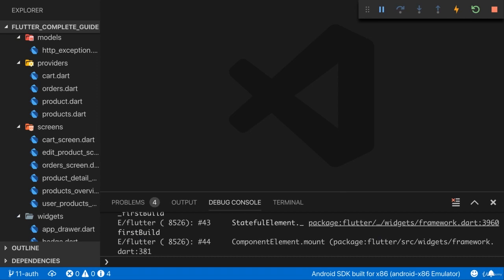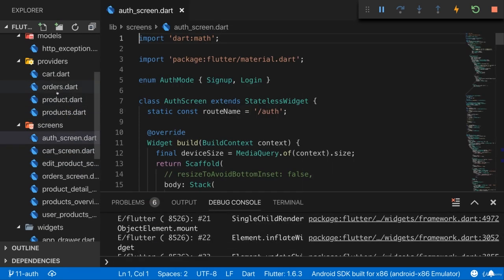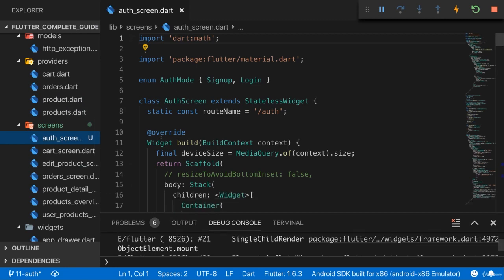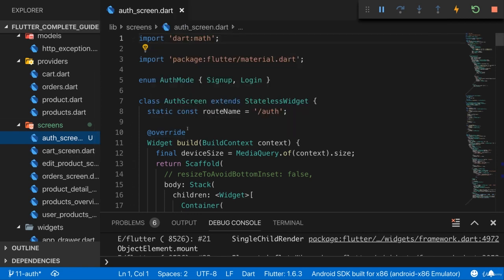For Flutter, I mentioned that one important part would be that we add this authentication screen. And since this is a rather complex screen, and I don't want to waste too much time on building yet another UI and widget tree, I attached a file to this lecture here, the auth-screen-dart file, which you simply can drag and drop into that screen folder. Now, of course, I'll walk you through that file, no worries. I'll explain what happens in there, what I built in there. But add that file to your screens folder, and then let's have a look at it.